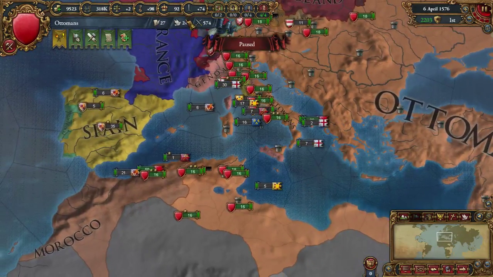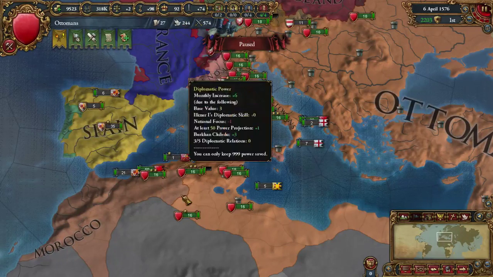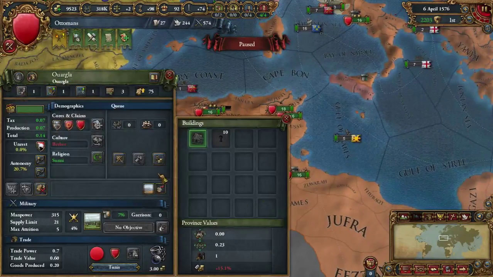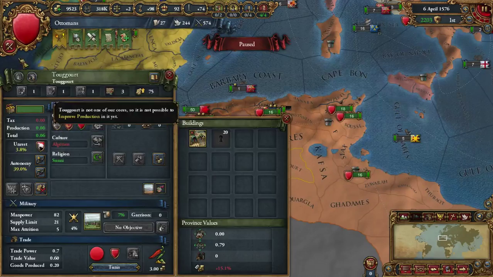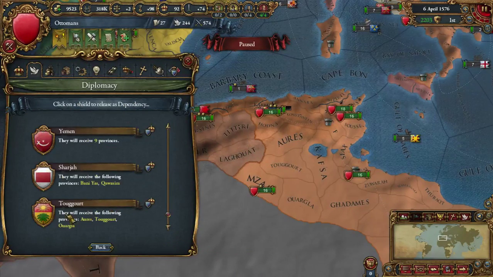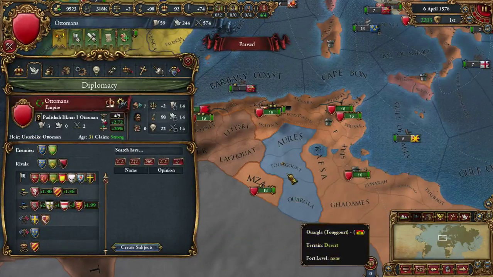Now, I realized we have 3 of 5 diplomatic ideas, so I was thinking we're going to release a nation that can, like Togurt, for instance, that is the one that I have looked into, in order to core a little less. And as we core a little less, well,